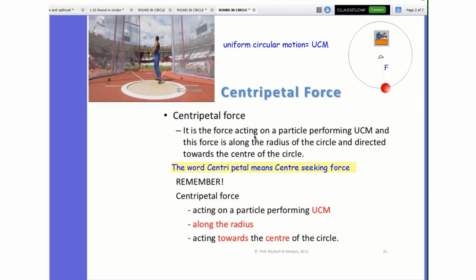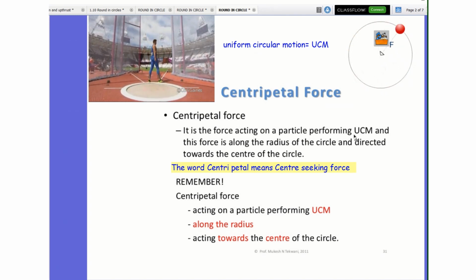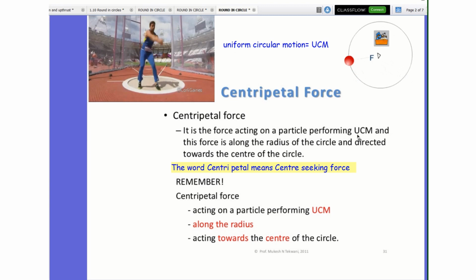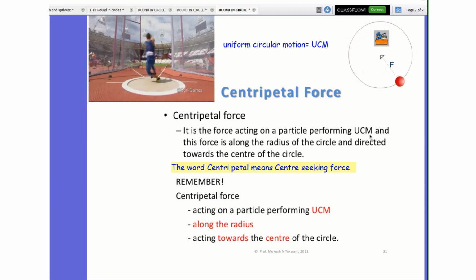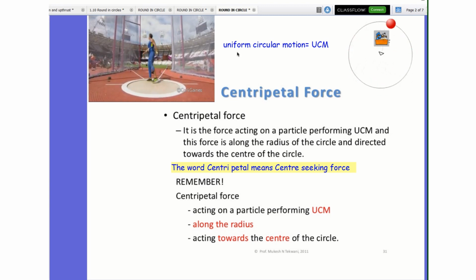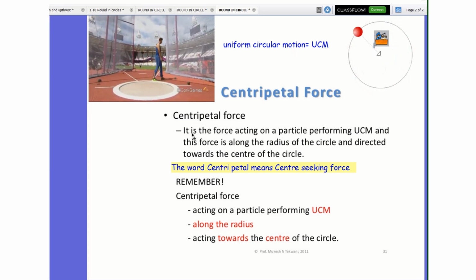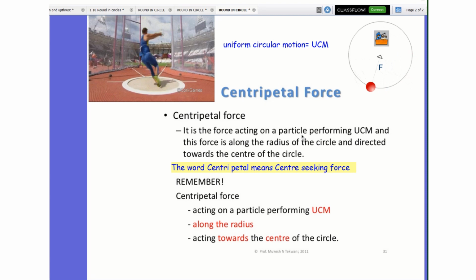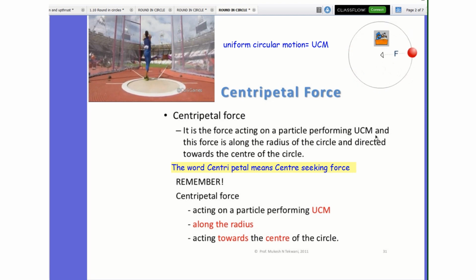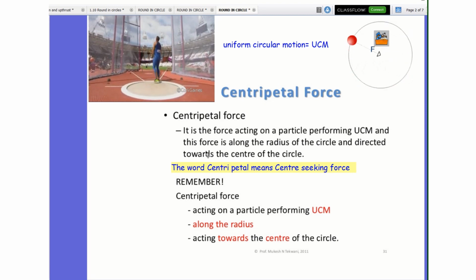It is a force acting on a particle performing UCM. You might say, teacher, I don't know what is UCM. It's nothing but the uniform circular motion. Let's read it again. It is a force acting on a particle performing uniform circular motion, and this force is